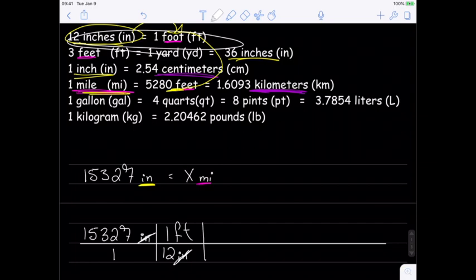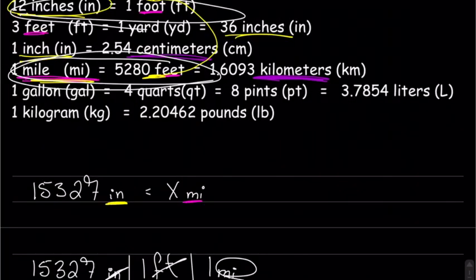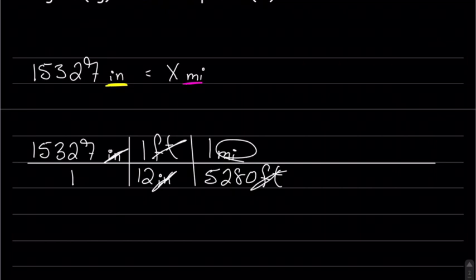So I'm now at feet, but I want to get to miles. So now I can use these two here. So I have 5,280 feet on the bottom, again, so I can cross out feet on the top, and 1 mile at the top. These cross out, I'm left at miles, and now all I need to do is put this in my calculator. Okay, so when I put this in the calculator, as long as I didn't make any mistakes, I got